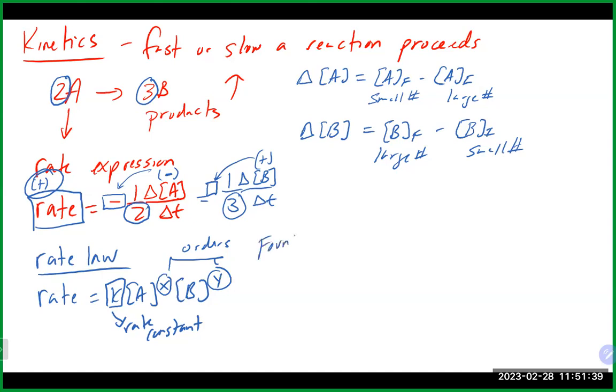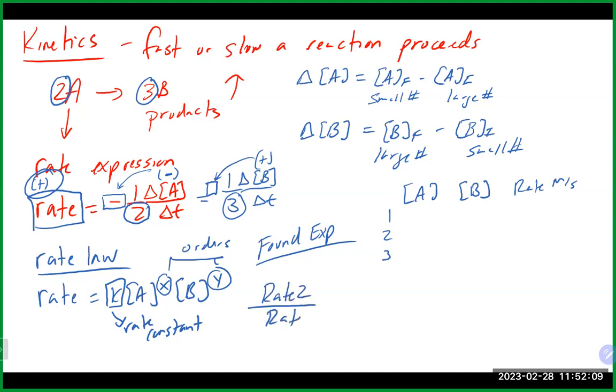So the rate law is always found experimentally, which, as we talked about, basically means you typically will be given a table of values of your reactants, and you'll usually have some initial rates given to you from a bunch of experiments that were done. We can use the experimental data in these tables to calculate the rate law and the orders. We do that most often with a calculation where it's rate 2 over rate 1 equals